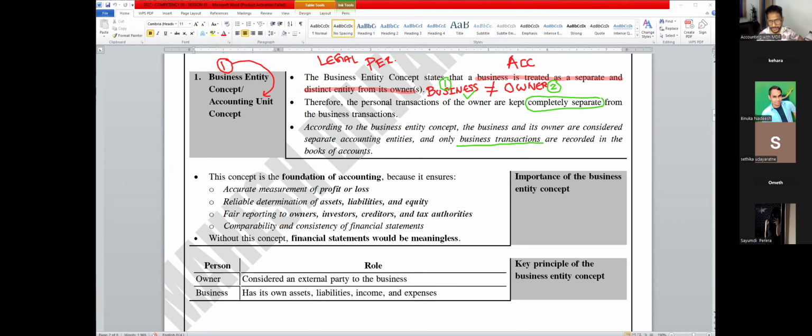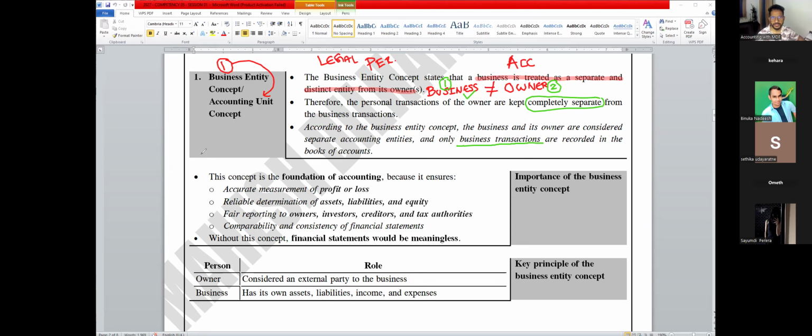Son, listen to me. This is A levels. This is not O levels. Right? I don't want to ask you to write if you do not know something. If you hear something for the first time, you can write it down close to that particular note. Okay, great. We are moving to the next one. Why, right? The importance of the business entity concept.